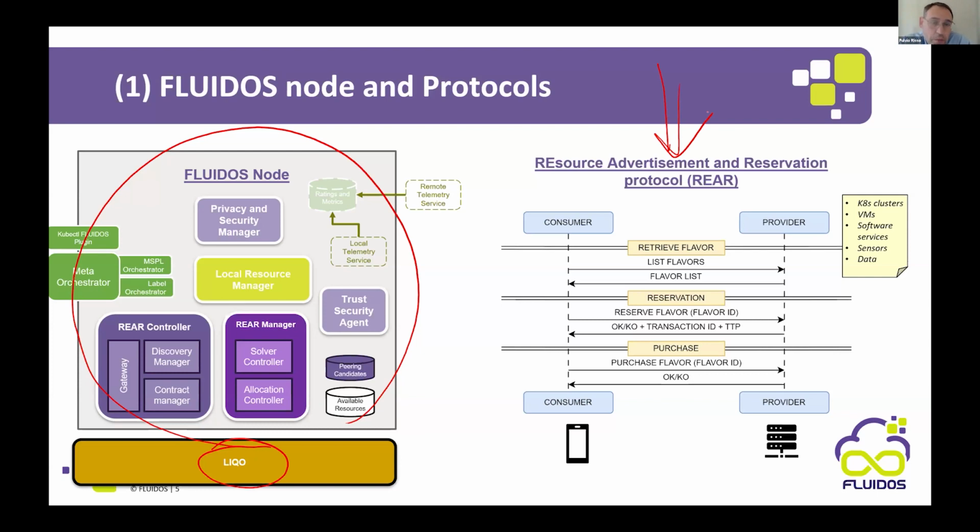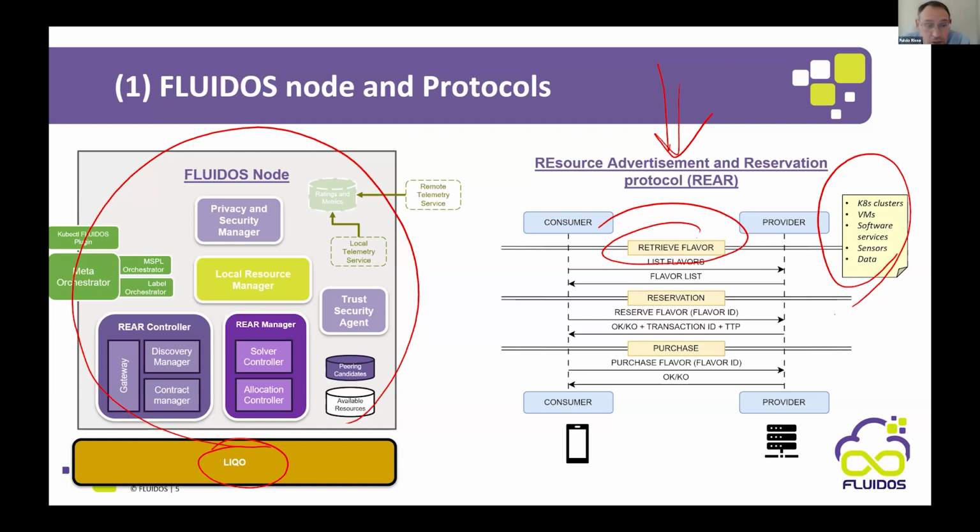So it's a very simple protocol in principle, because it doesn't have a lot of phases, but we can retrieve what we call flavors. So we can ask another node, which resources do you have? And we have several kinds of resources. I can export a Kubernetes cluster, I can export VMs, I can export even software as a service, like I can offer you a database. You can just consume it. I don't care. Okay, you don't care about how it works. I can do that for you.